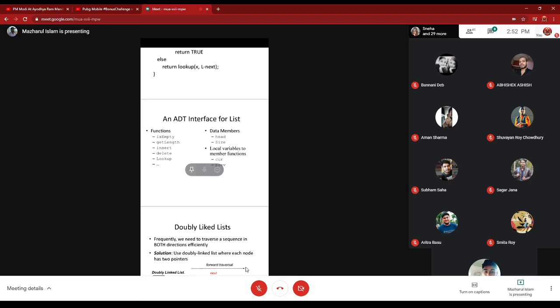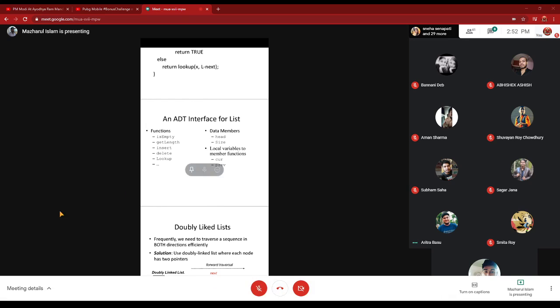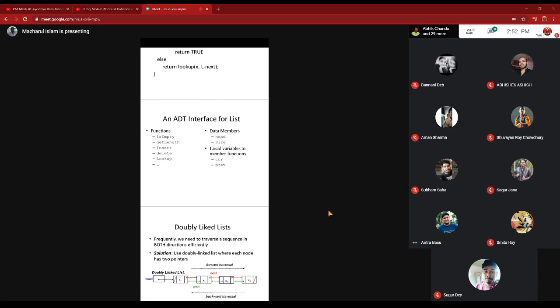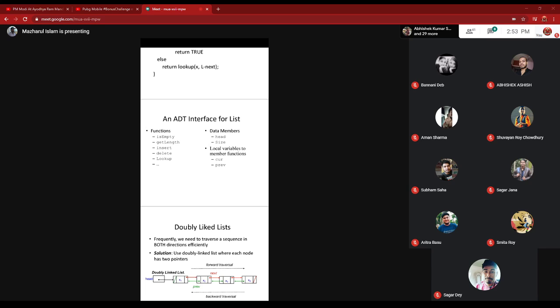What is data type? Anyone? Data type is a set of values and the set of operations allowed on that set of values. Data type is not only the set of values, it is also the set of operations which are valid on those values. Together is data type.